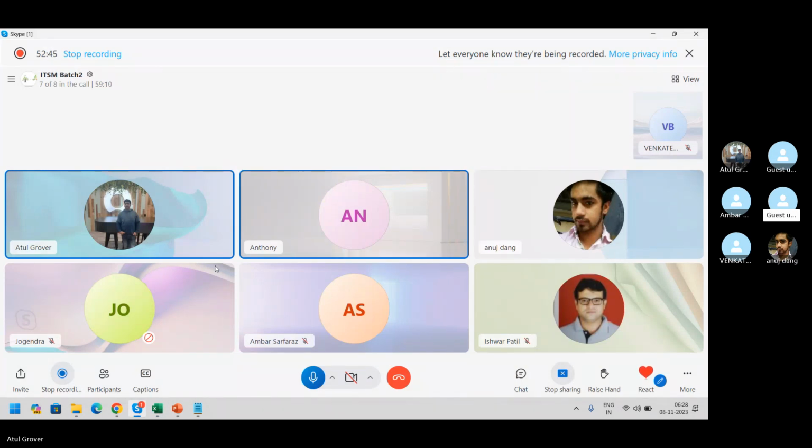So Atul, Anthony here. Go ahead, please. After this course, we should be able to clear the ITSM certification, right? Yes, but you have to do a little bit more deep dive after this course. This course will give you the exact boundaries of what can come in the examination. You have to go through this again or go to ServiceNow Now Learning training again, and then you can appear for the exam. Okay.